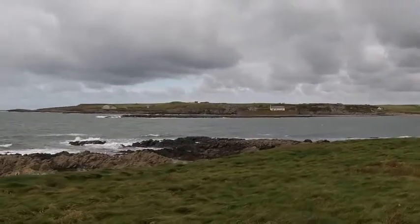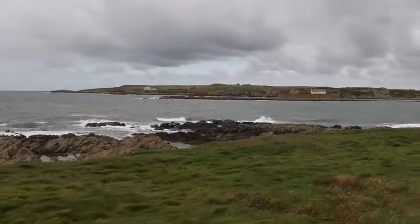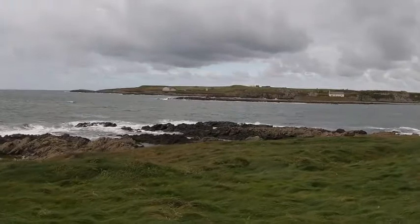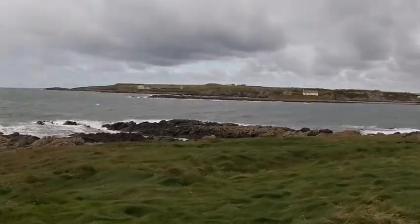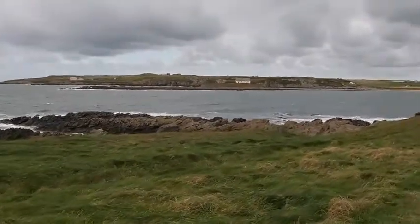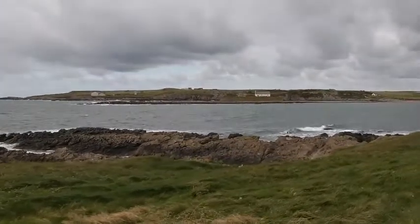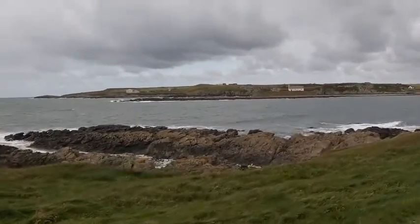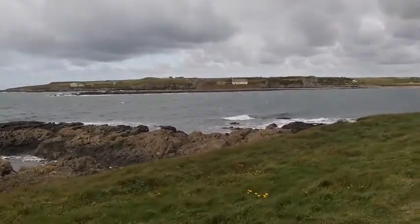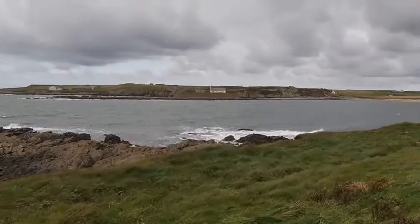Accessible, but I don't think we're going to go on this journey, much as I'd like to. We try and limit the mileage we do because of our dodgy limbs. I think I've probably done about 2 miles at this point, but there's probably as much again to do to get back to Aberffraw village. View the chapel from the mainland,